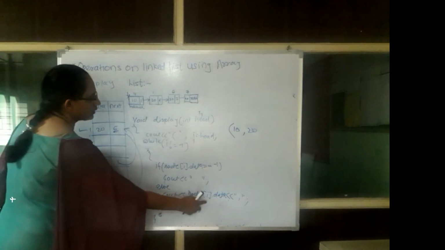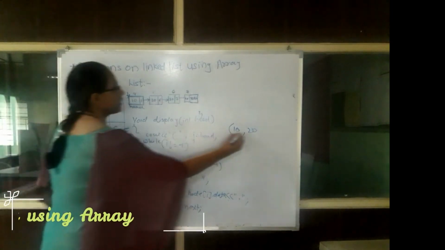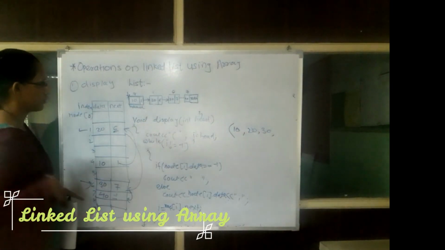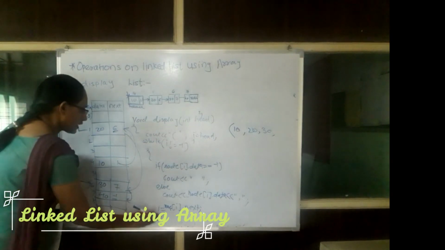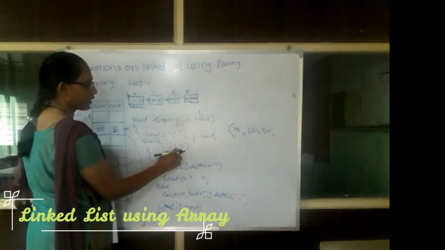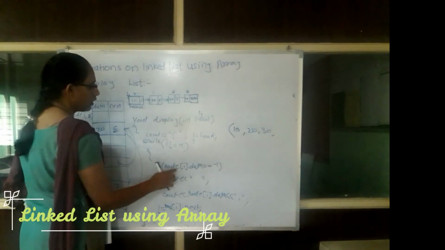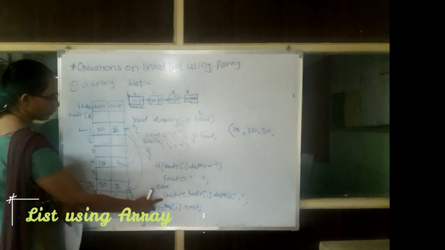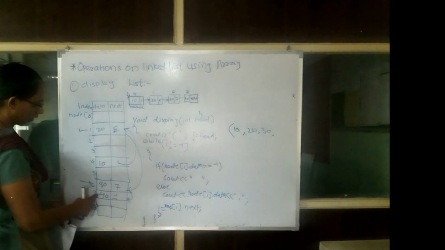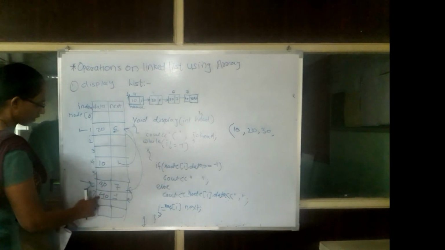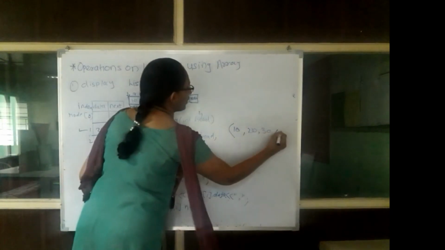In the else part, it will print data, that is 30. Okay. And its next part is 7. So 7 will be the next I value. Again 7 is not equal to -1. The condition is true. The data part is not blank. Okay, so it will go in the else part and print data at the 7th position. That is node of 7 dot data is 40. So it will print 40 here.